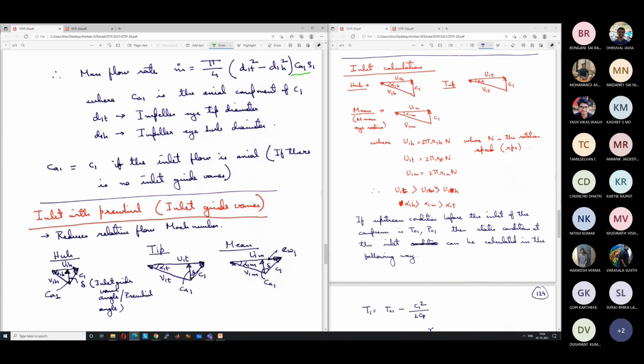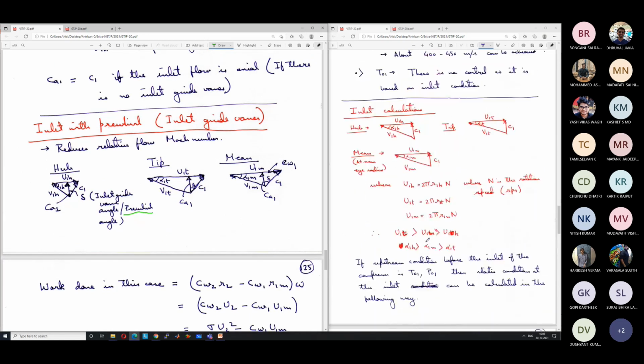Okay. So if the inlet guide vane gives a constant angle delta, a constant free wheel angle at the hub, tip or mean radius, at all the locations, C1 will be deviated by delta. It need not be constant, but we are assuming that. This is known as free wheel. Before the inlet itself, we are giving a change in direction. So C1 is deviated from the axial direction by delta in all the locations. In this case, the velocity triangle looks like this.